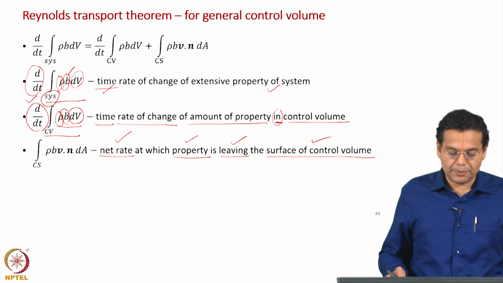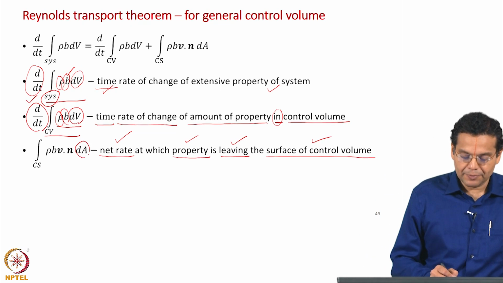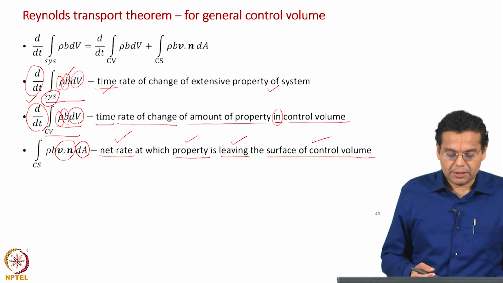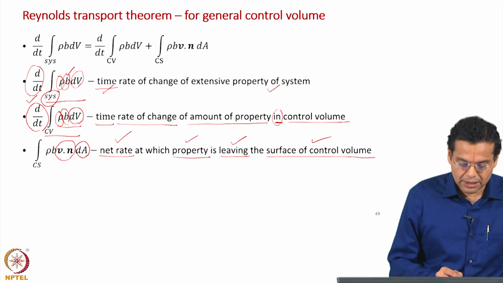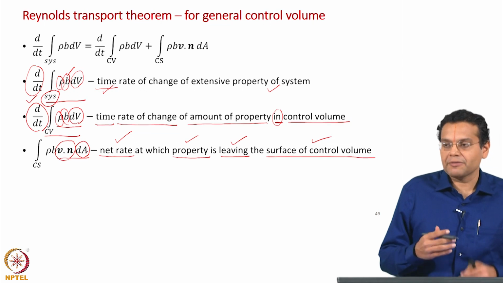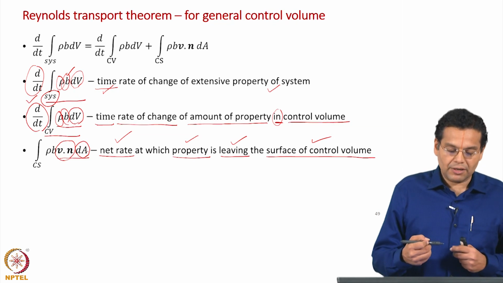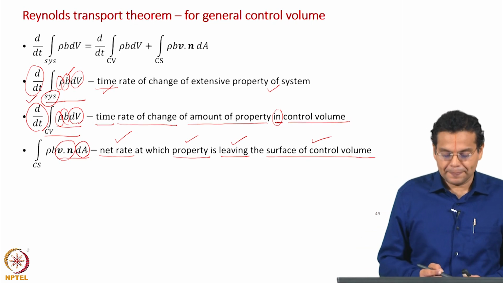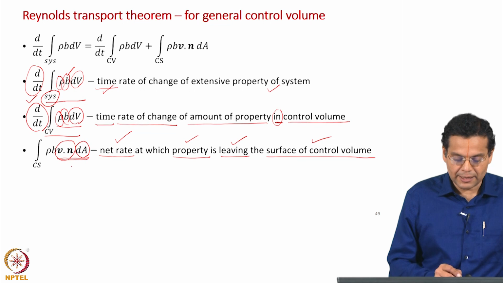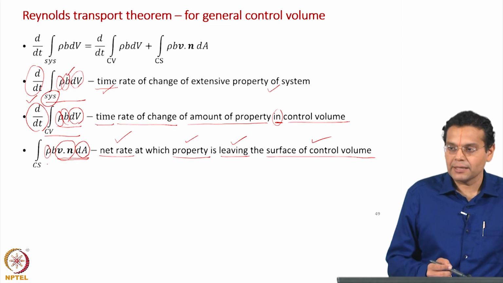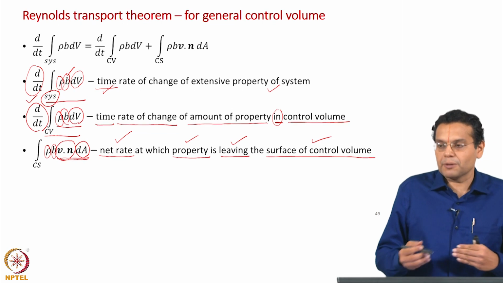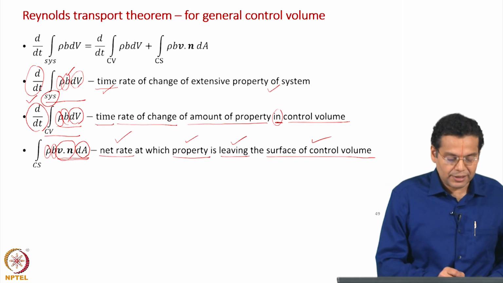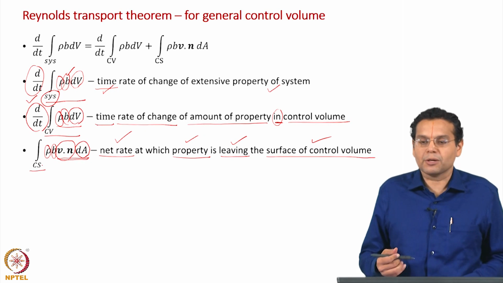How do we interpret this? We take a small area, okay, and then let us say velocity, taking into account the projection of velocity along the direction of area. So, this gives the volumetric flow rate. You have area multiplied by velocity. When I say velocity, along the normal direction to the area. So, this gives you a volumetric flow rate. You multiply by density, you get the mass flow rate, and then when you multiply by B, which is property per unit mass, you get the rate at which the property leaves, enters, etc. And when you integrate over the entire surface, you get the net rate at which property is leaving.